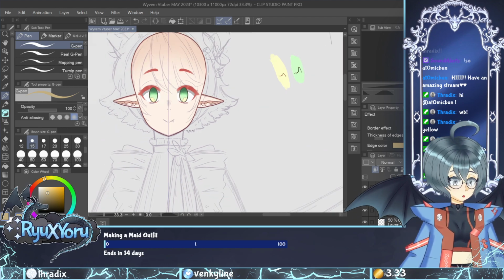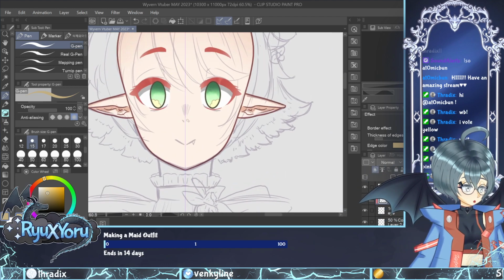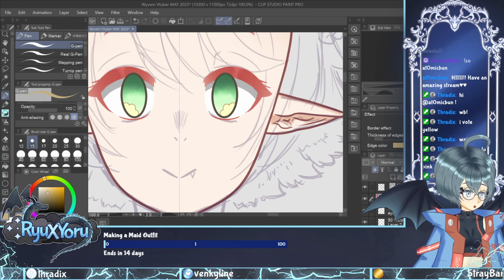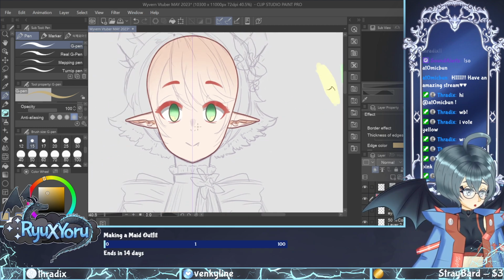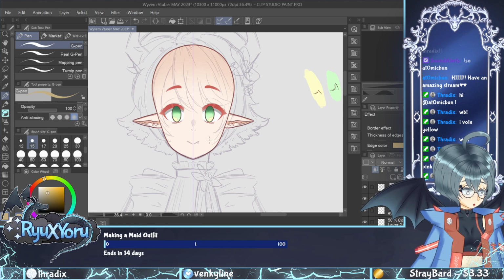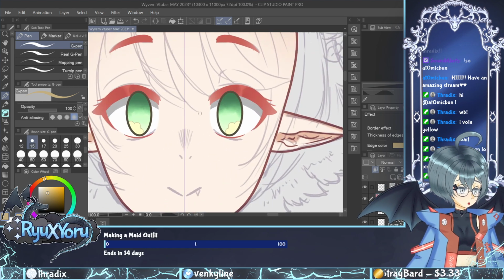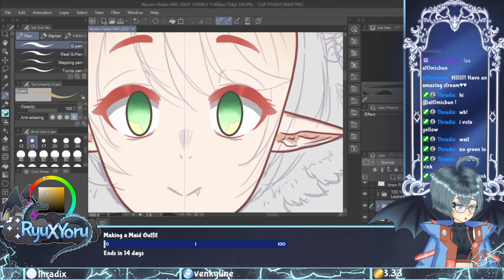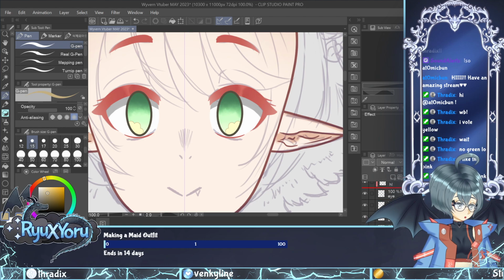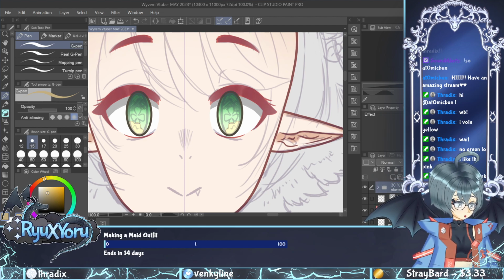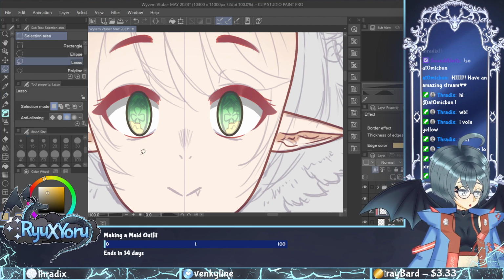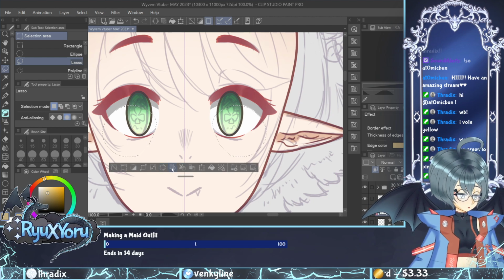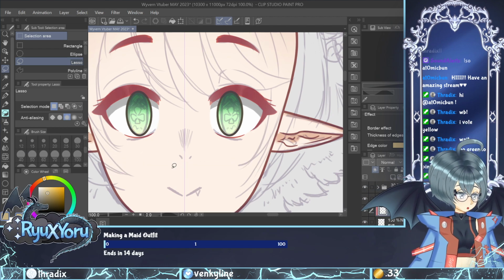You could put little shapes in the eyes. Now, even I'm not sure if I want to do this. I'm just thinking about what I had on the sketch layer, which to be honest I need to move up. Ah, see here, I had it a little bit differently. I don't know if I had it like a